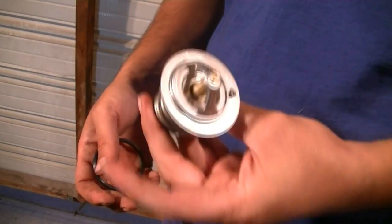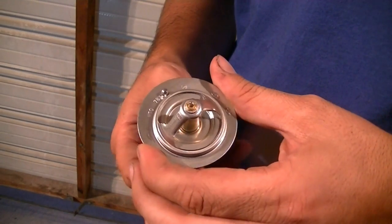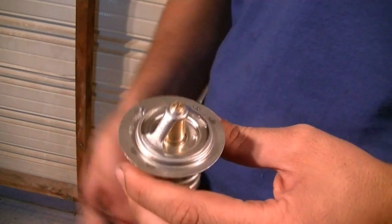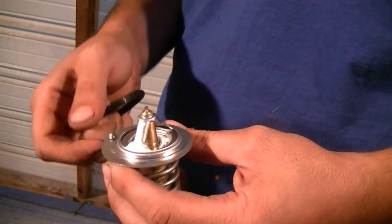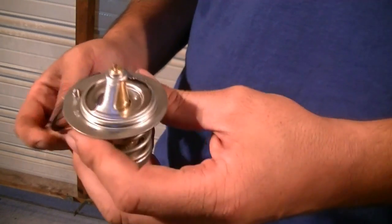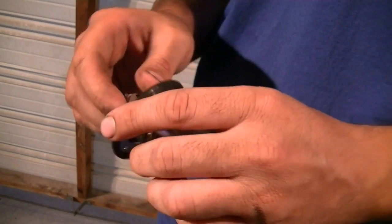Okay, so next you want to get your new thermostat, and very important point, whenever you're replacing a thermostat on a Subaru, you need to always get this from the factory. And you're gonna have to pay dealership prices for this and get it from the dealer, but call around, call different dealers. Sometimes you get some better prices at different ones. Okay, so you grab your new one and then you put the rubber gasket around it. That's it. Make sure it's all the way in there, firmly in place, and now it's ready to be installed